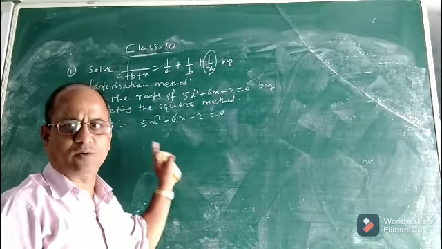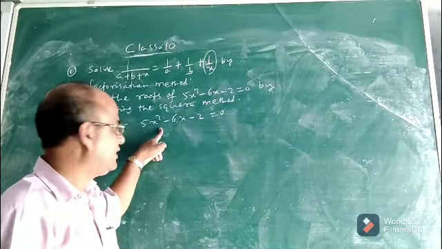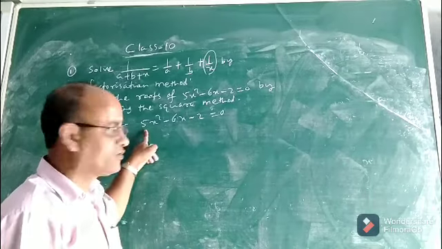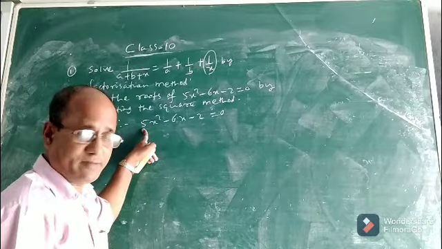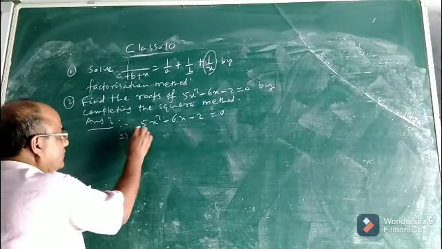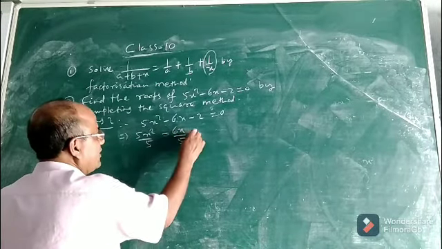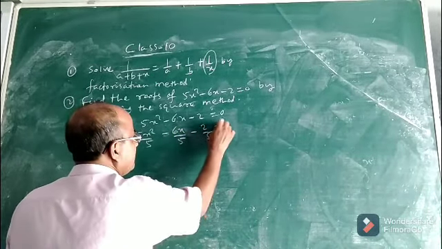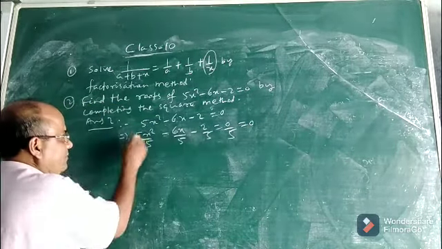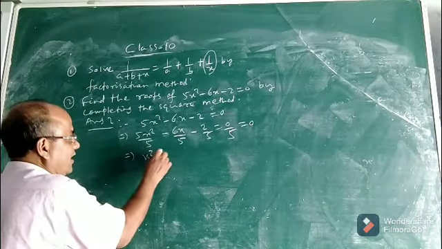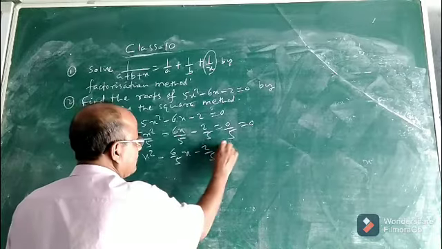So what is the method? I think you must have remembered what I have told. First you see what is the coefficient of x square. Here the coefficient of x square is 5. So divide each term of LHS and RHS by this coefficient, that is 5. So what will I get? 5x square by 5 minus 6x by 5 minus 2 by 5 equal to 0 by 5. 0 by 5 is 0. Now see, 5 cancel, it will be x square minus 6 by 5 x minus 2 by 5 equal to 0.